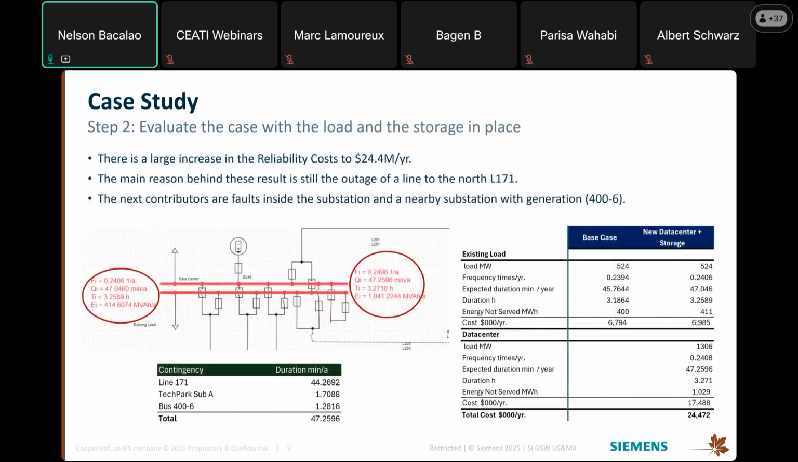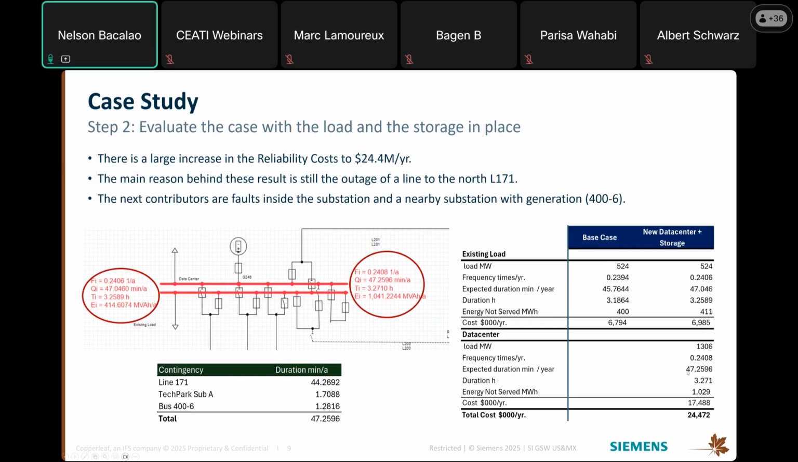Now we build the data center. Well, things get ugly very fast. For the existing load, there was not a significant impact. The expected duration increased from 45 to 47. So yes, there was an increase in cost for it because there was an increase in energy not served. But look what happened for the data center. Now it has an expected duration of 47